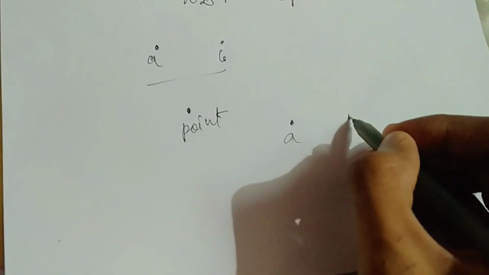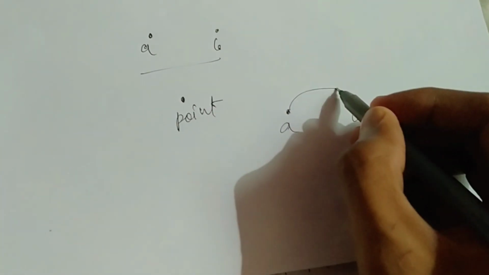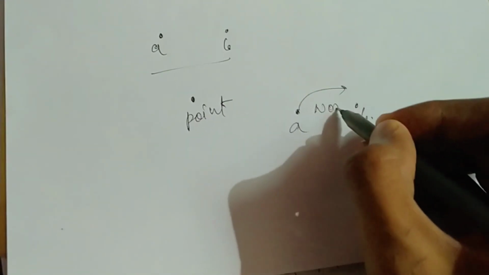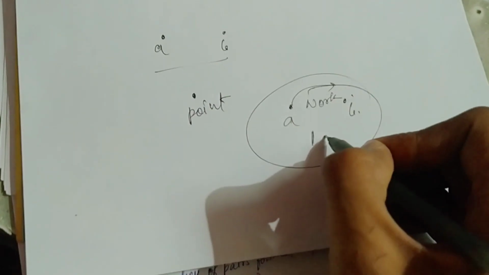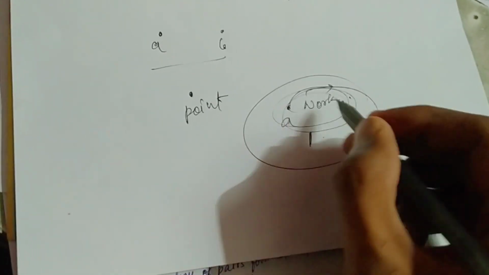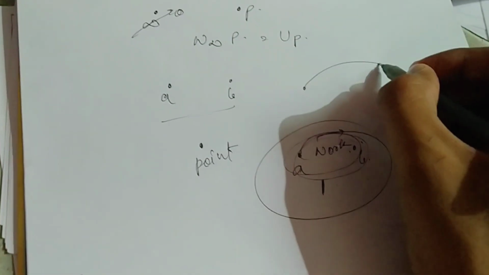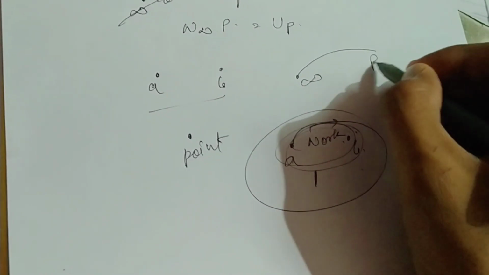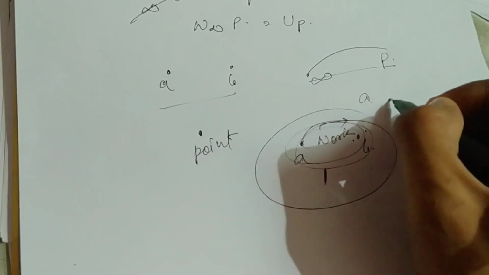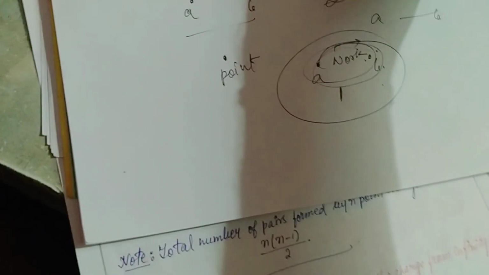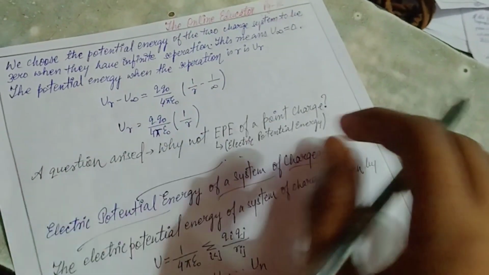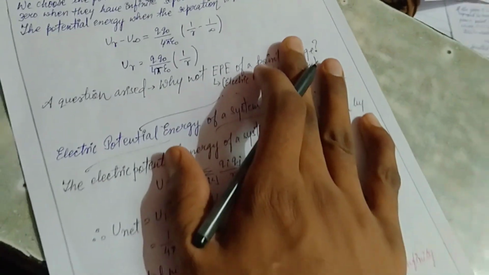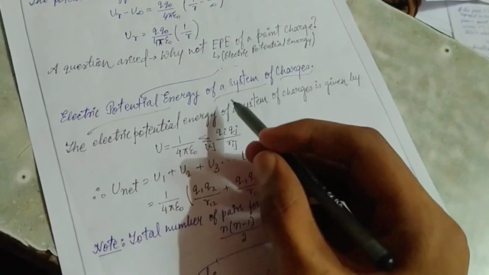It is that we have to take two bodies, and they make the work done. So we can't take one single point charge; we need to take two charges, suppose from infinity to P or A to B. This is the reason we cannot take a point charge, because it is the work done between, or by, two bodies, two charges.